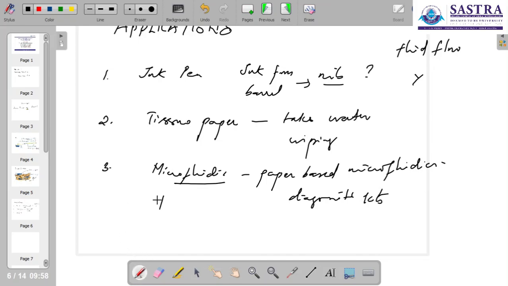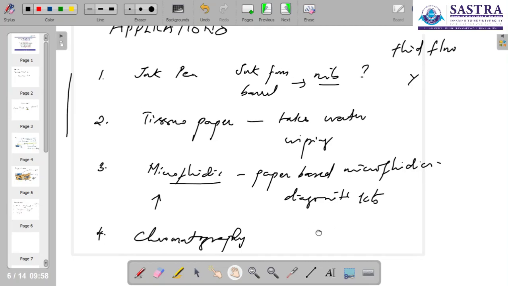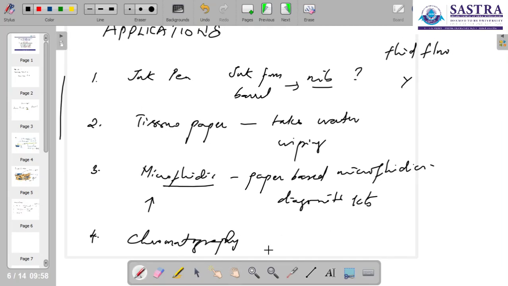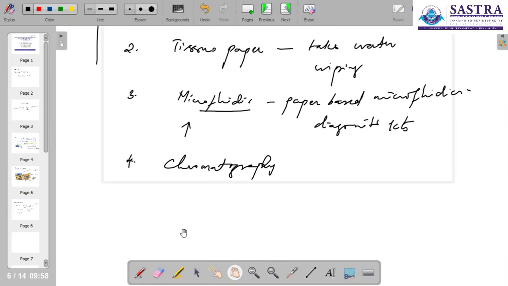Now, very connected to this is a slightly more technical word, although these are all at least a common man's understanding: chromatography. The principle in paper chromatography is again based on the directed motion of a fluid stream, and it is not aided by a pump. One can build examples and observations like this all across nature and in our day-to-day applications. Like one more which I can add, just to make sure it is comprehensive,